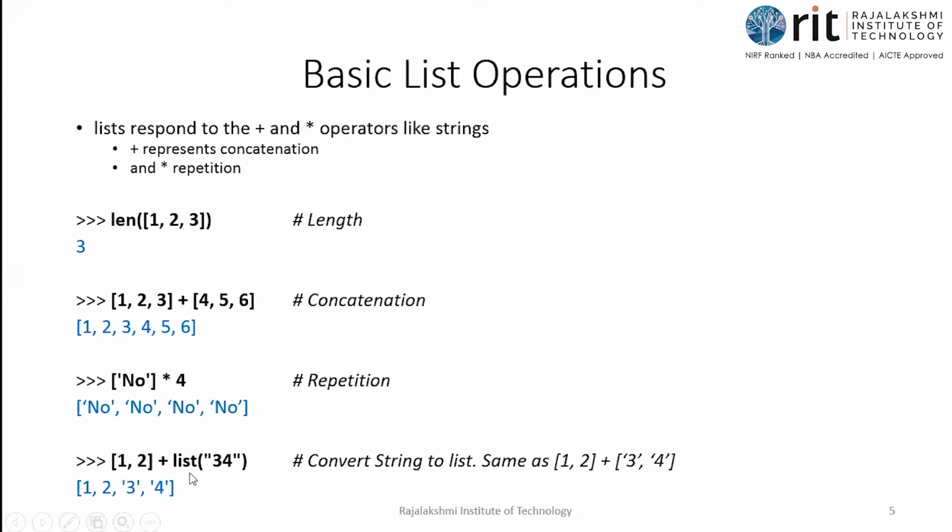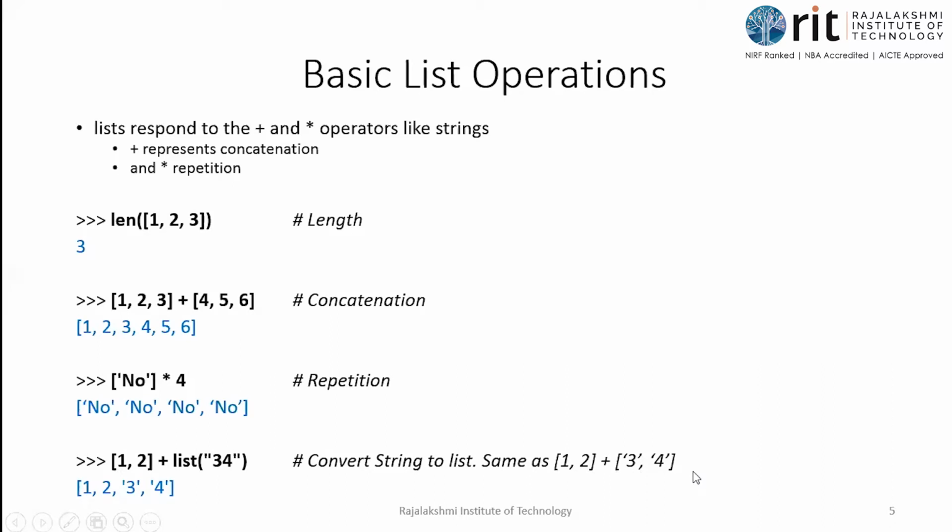Okay, so the last example. This is also possible. See, when you have the concatenation, on the left hand side you have the list. On the right also, you should have the list, isn't it? Only then can you do the concatenation joining process. What is on the right? List of 34. See, 34 is not a number here. It is a string because 34 is given within quotations. It can be single, double, or triple quotes. So that would be converted into list type. So how do you convert? 3, 4 within square brackets. So look at the right hand side, I have given a comment line there. A comment line starts with hash, isn't it? So convert string into list, same as, so the given expression is the same as 1, 2 within square brackets plus 3, 4 within square brackets.